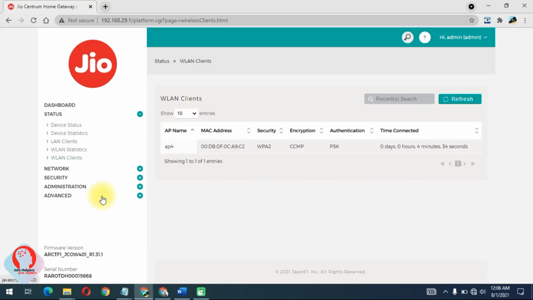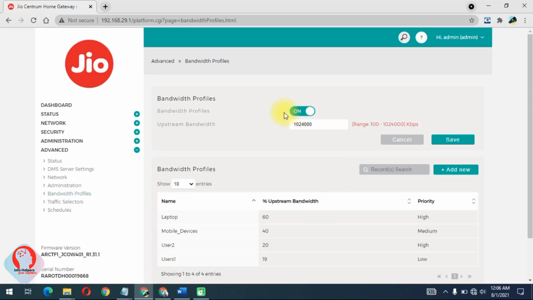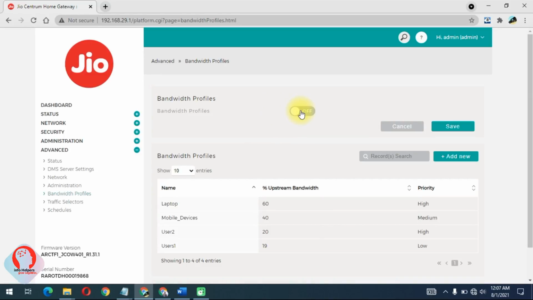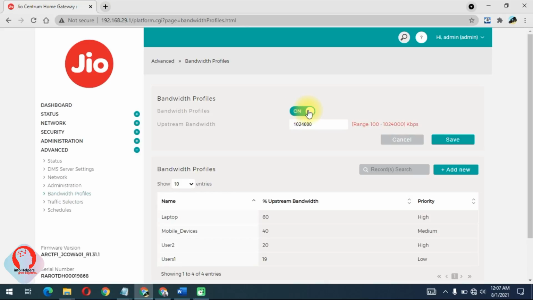Copy the MAC address, go to advanced and click on bandwidth profile. By default it is always disabled, so you have to make sure you enable it. Once you enable it, you will see the upstream bandwidth range here. This is the maximum speed of your internet connection.